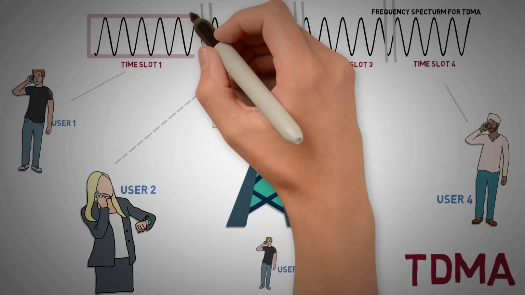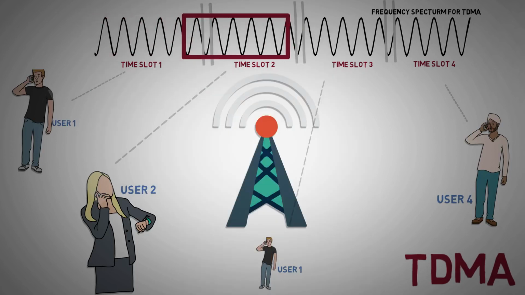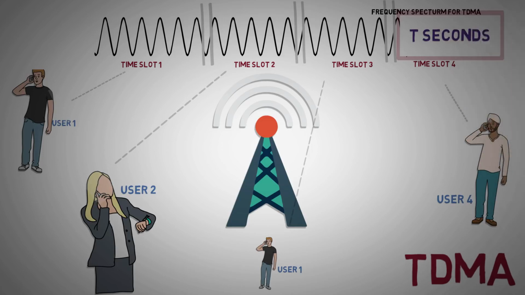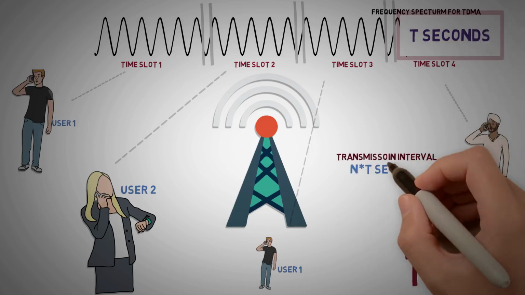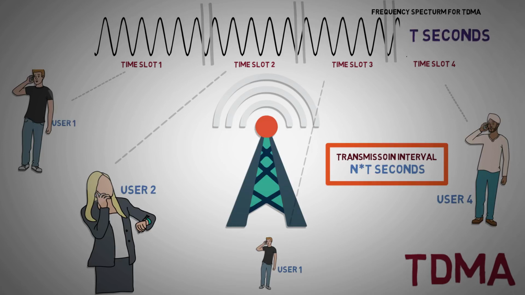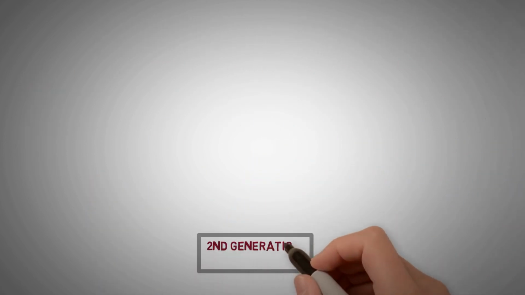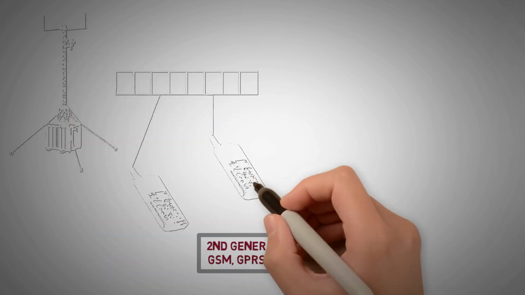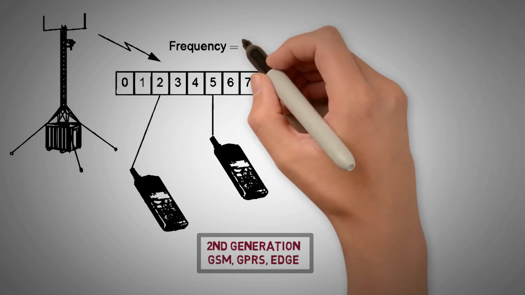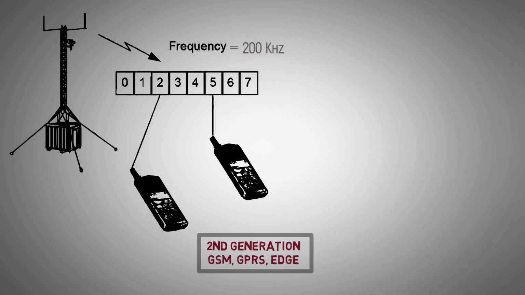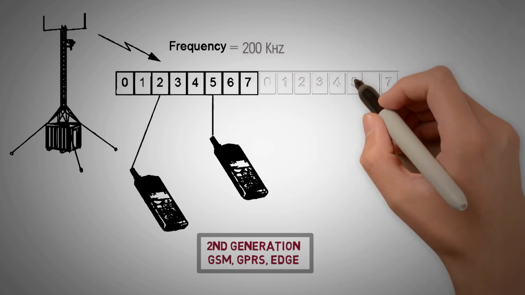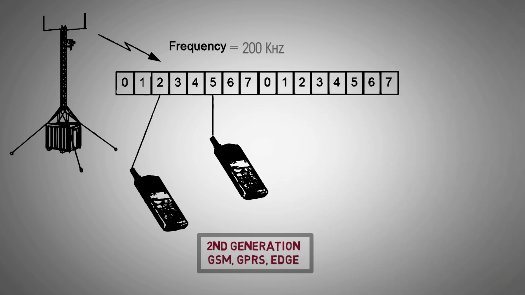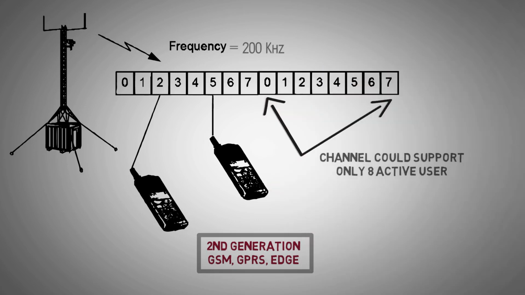time slots. Thus, in an N-channel TDMA, where each channel is given a time slot of 2 seconds, signals coming from each user will be transmitted at intervals of N into 2 seconds. This technology was used in the 2G systems like GSM, GPRS and EDGE. Each user was provided one of 8 TDMA slots in a bandwidth of 200 kHz. Dynamic resource allocation meant more users could be supported, but each channel could support only 8 active users at a